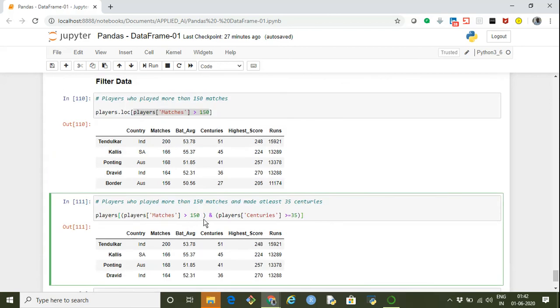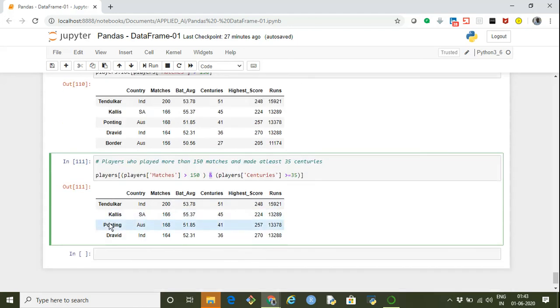And the second criteria is the centuries of players is greater than equals to 35, because it is at least, so it is greater than equals to 35. So we are specifying both these conditions, and because these conditions have and logic, we are specifying the and operator, and we are passing this entire condition to this player data frame. So we get, okay, these are the players who have played more than 150 matches, and they have at least 35, that is 35 or more, centuries scored in their career.